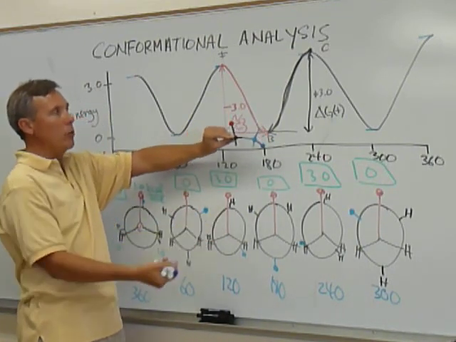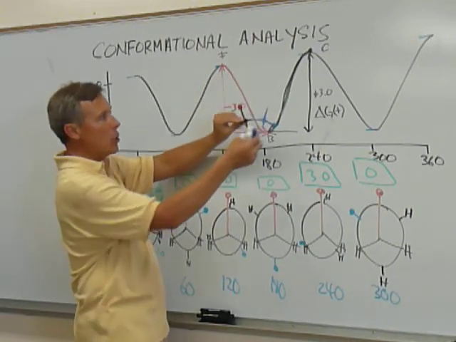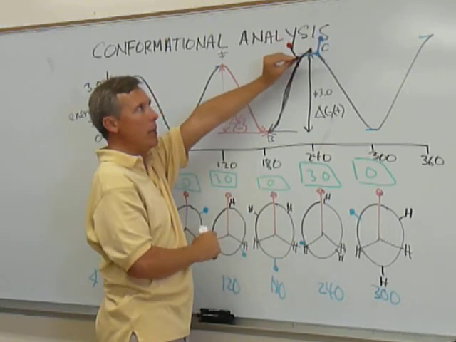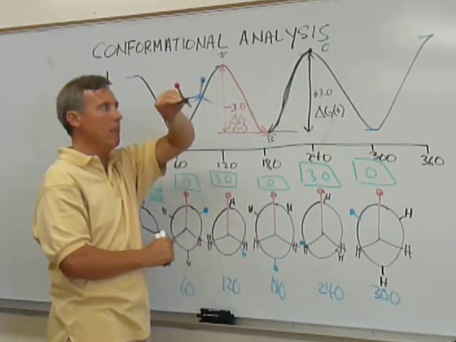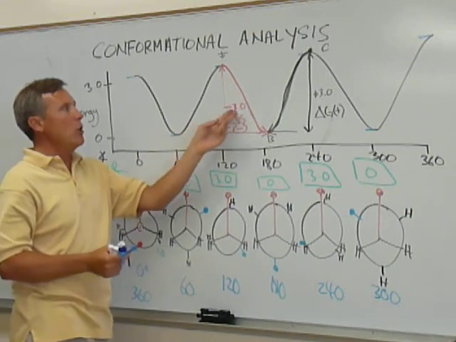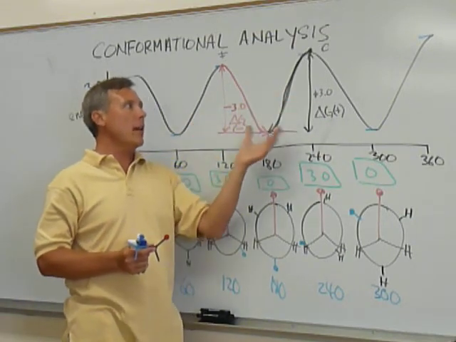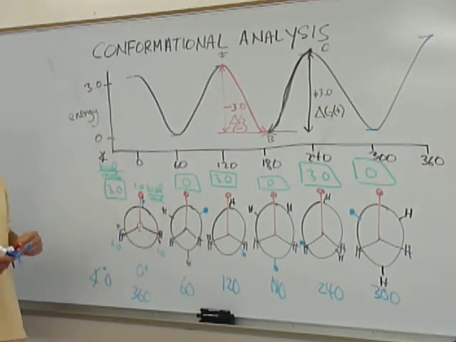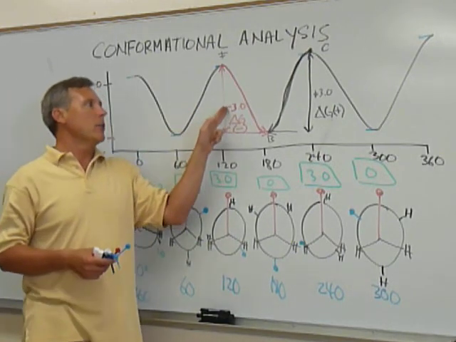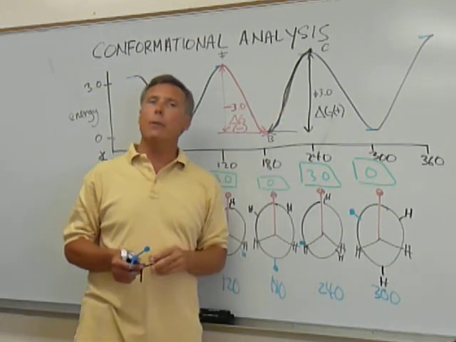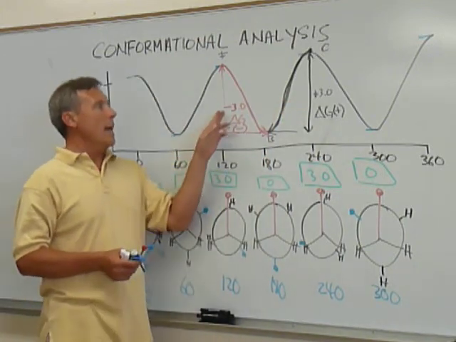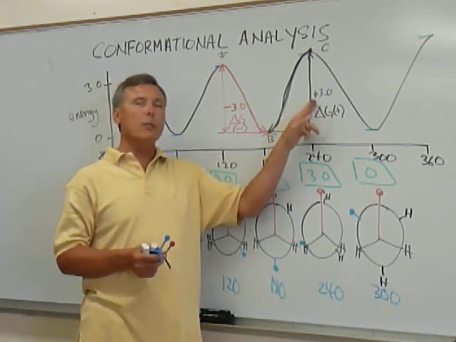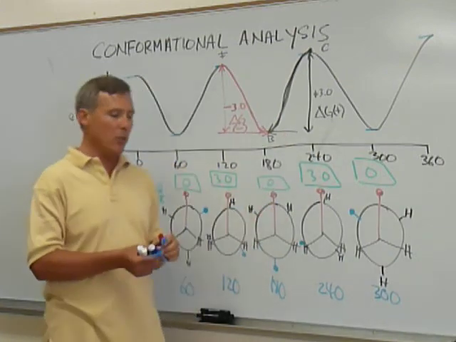And in order to go back to an eclipse conformation, I must input energy. That energy is always positive when I input it, and we have this conformer. The two energy values are related to each other in this case as being 3.0. And remember something about thermodynamics. The sign tells you something about the energy flow. When the energy value is negative, energy is being released. When energy value is positive, energy is being inputted into the system.